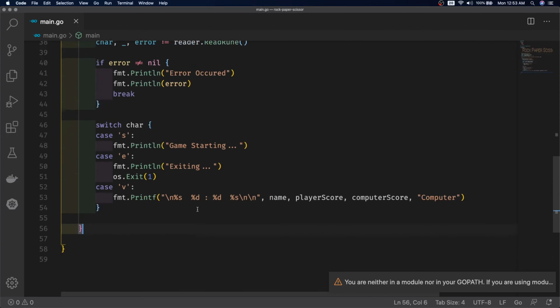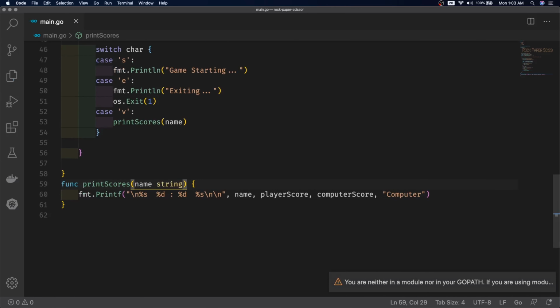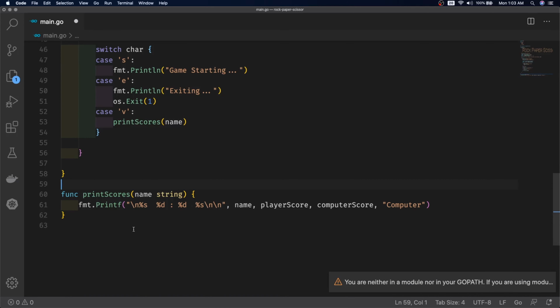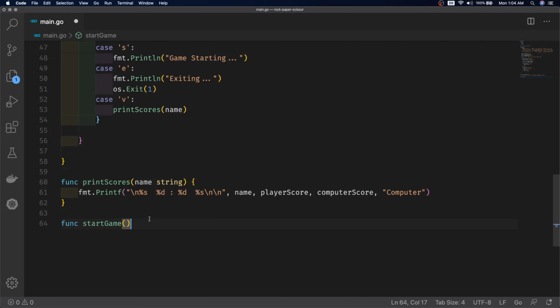Okay, so now let's create a function for printing instead of just printing in the switch statement. I'm just copy pasting that print command and taking a name parameter which will be a string type. Now we need one more function, so I'll call it startGame.